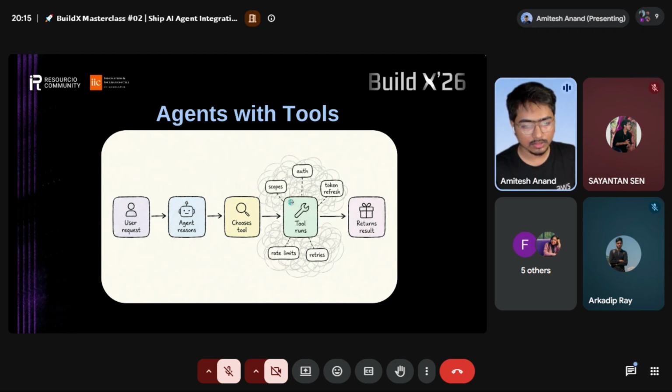It will do the tool runs and set the scopes. It will also handle auth, token refresh, rate limits, and retries, and based on that it will generate an answer and you will get the final result. Lots of things happen here, but this is the simplest architecture you can think of.